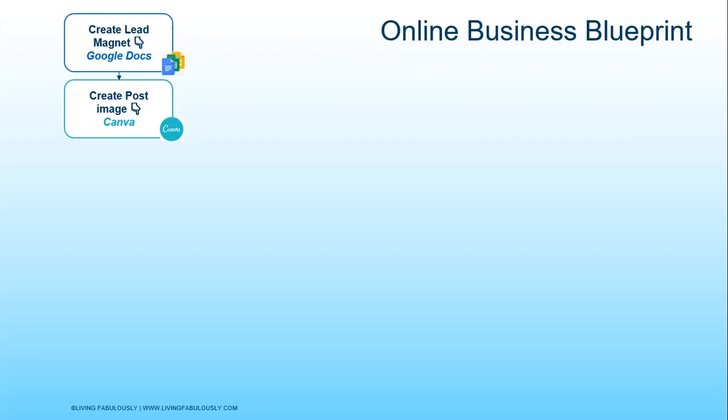Some people try to create their lead magnet in Canva, and yes, it's possible because you can save to PDF there. However, you do need to know the placement of information, and it takes me much longer to do that. So I find doing the lead magnet in a Google Doc is much quicker, and it means I can edit it easily and place images in there if I like with quite ease. But you know, if you want to go ahead and do it in Canva, that's okay too.